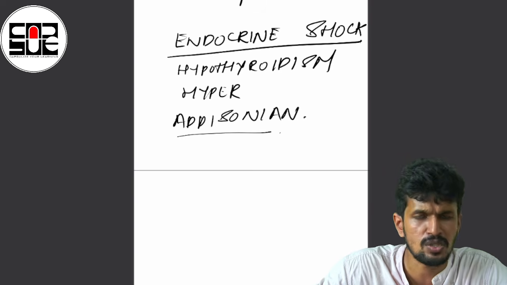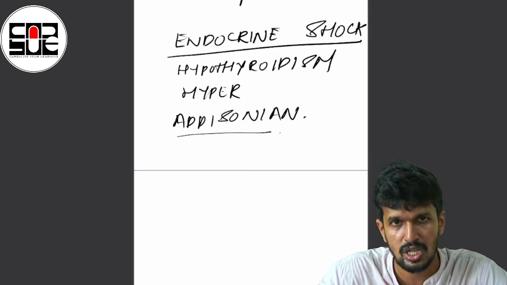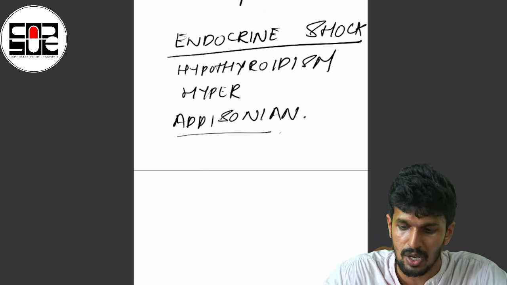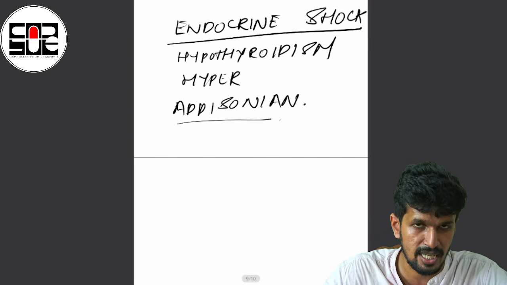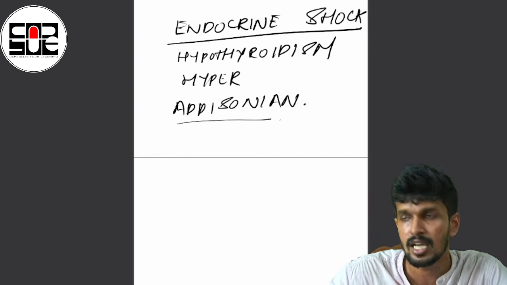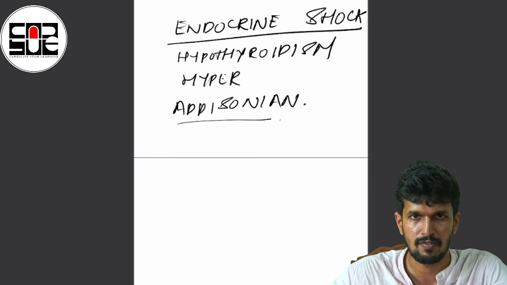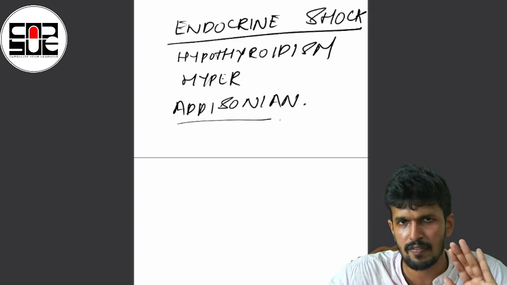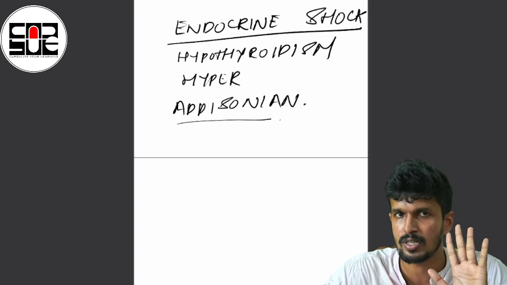Similarly, Addisonian crisis is also a very rare scenario, usually seen in patients who already have an autoimmune disease. Along with that, they might also have conditions like congenital adrenal hyperplasia, which can be worsened whenever there is an etiology like a fever or an infection. So basically, we have discussed all the types and I've told about the examples.